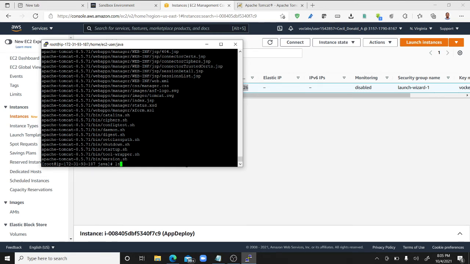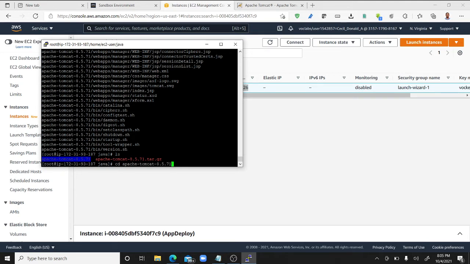Now again, if you put the ls command, you can see something in blue color also. That means it is an extracted folder. Okay, now it is in the java folder. We need to enter into this folder to view the files. So cd space, what is the name of the file? This one.